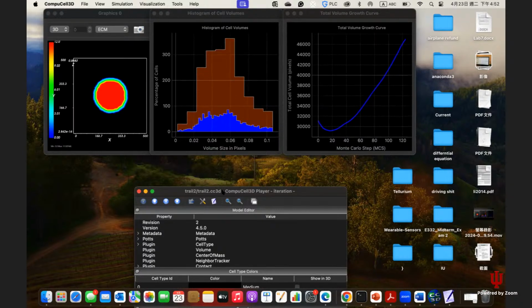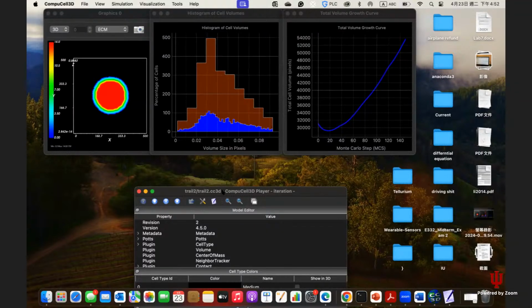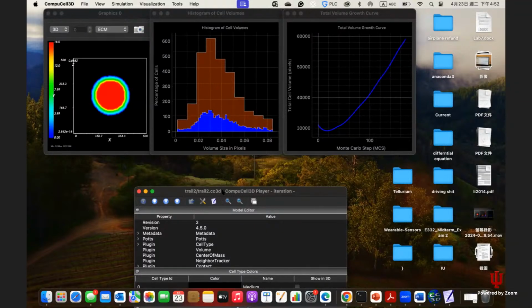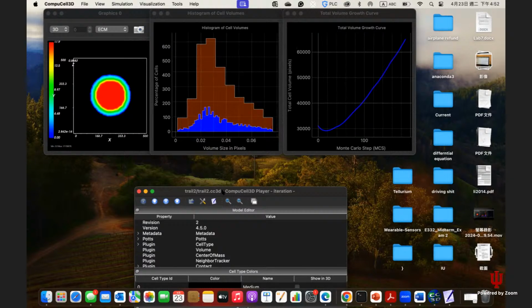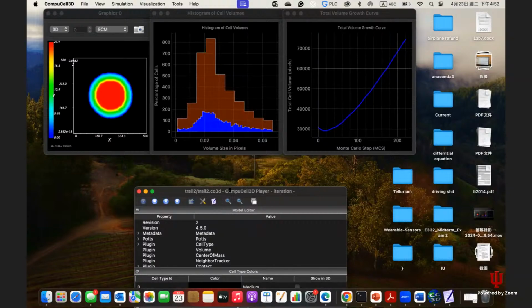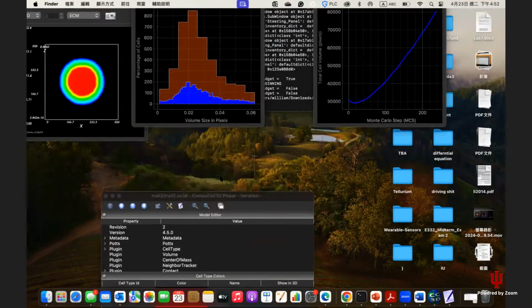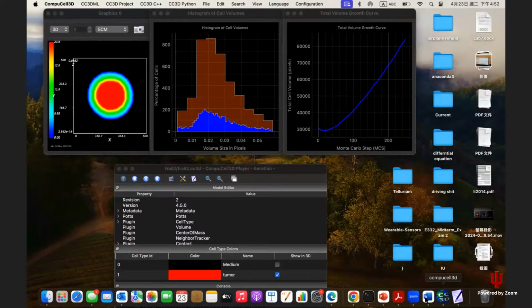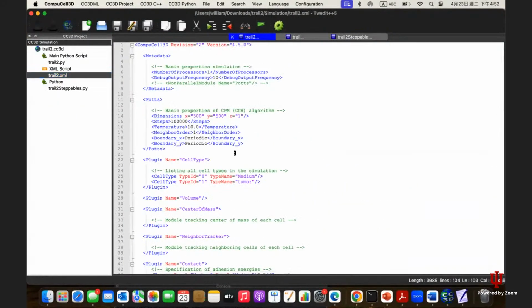We have started with the 500 lattice size. And we used a cell type named tumor. Can you open the XML code? Yeah, so we have used boundary conditions as periodic and the temperature as 10. And we have used Monte Carlo steps that are more,